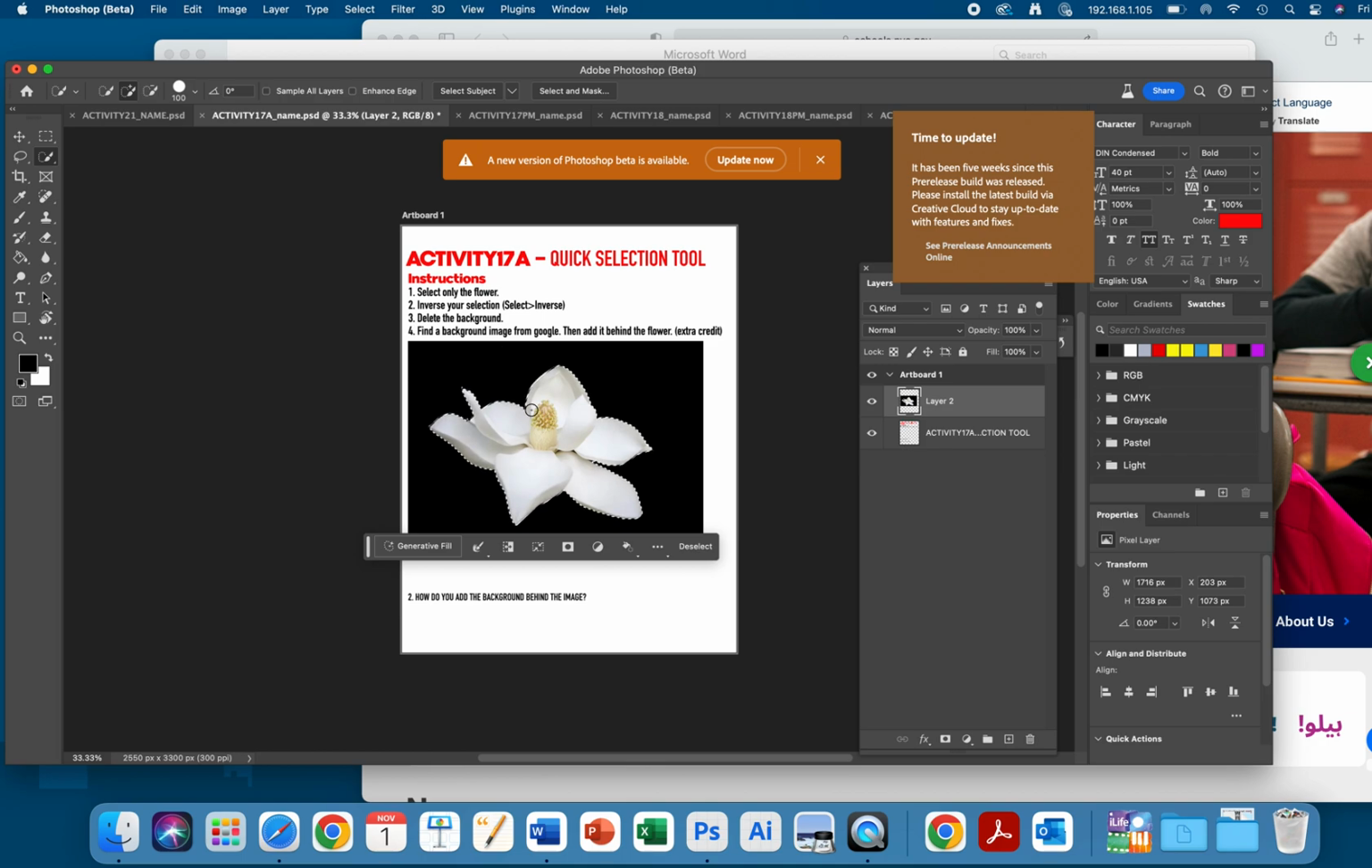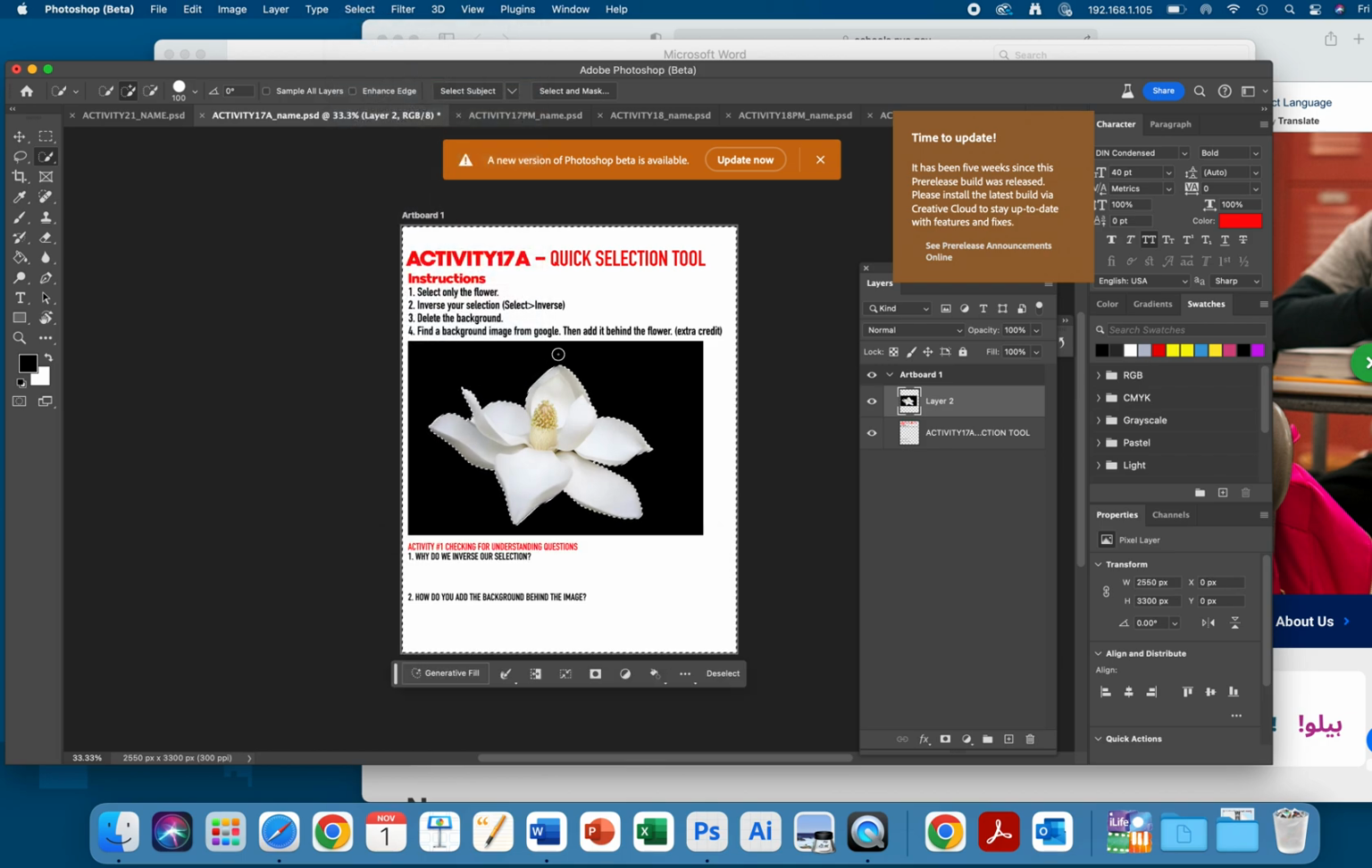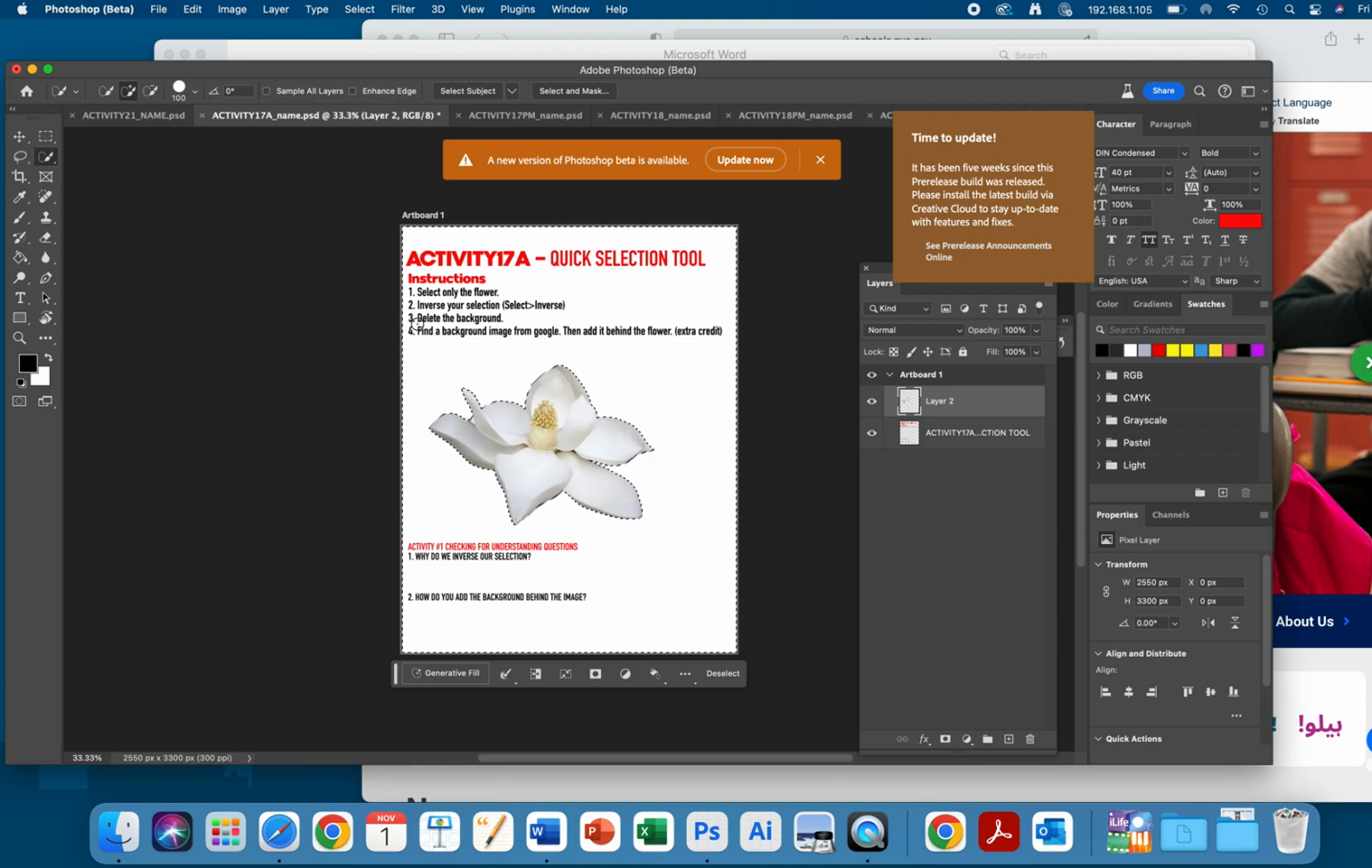Okay, then you're going to go to select inverse. This is going to flip your selection, and now you'll see a double selection. Okay, and then you press delete. Okay, now if you want, then you're going to find